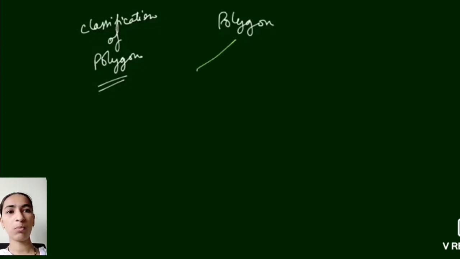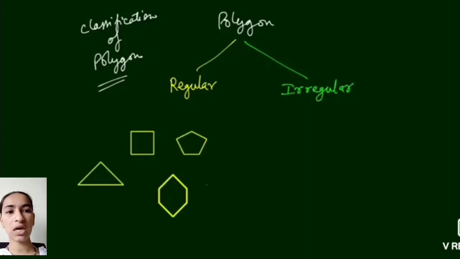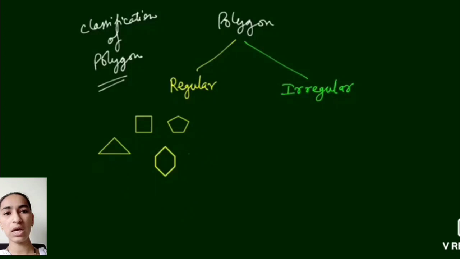Now, there are two types of polygons. Which are the two types? Regular polygons and irregular polygons. Now we will see which are regular and which are irregular. Now you can see on the screen 4 figures I have drawn. Are they regular, yes or no? We have to check all sides. If all the sides of a closed figure are equal, then that is called regular.